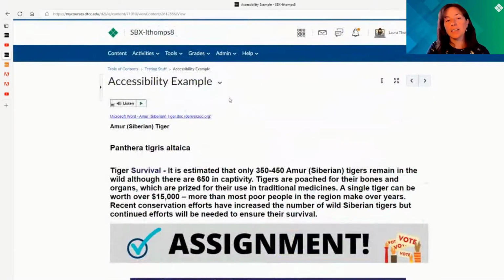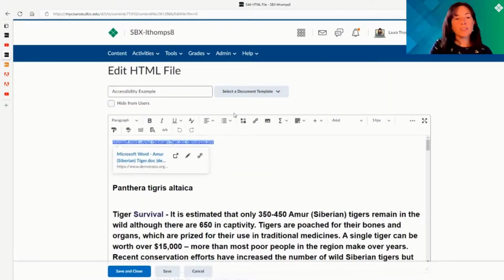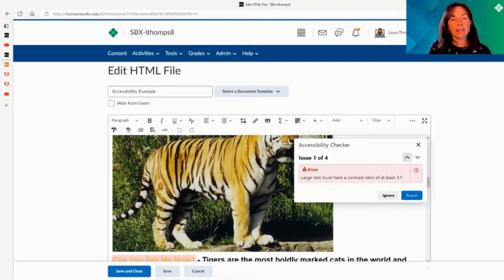I'm going to go to Edit HTML. And I am going to go to accessibility. Now, the way I do that is see this eyeball with a check mark. So it's looking at my accessibility. I'm going to click that, select that, and then look. Apparently, I have 4 issues when I look at my accessibility checker. So one of the things that it does, we can make this just a little bit bigger. You can see in my